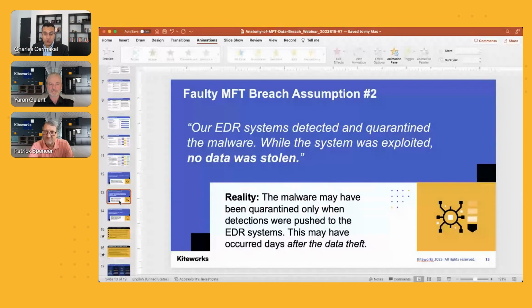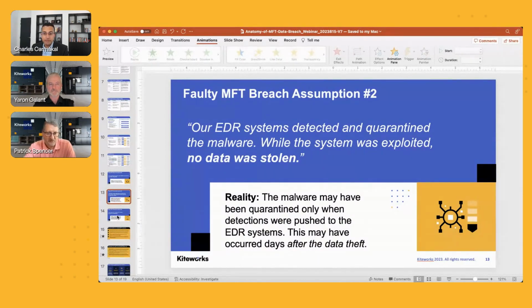Now, what I think they maybe misunderstood was that the web shell was essentially running for a few days, which allowed the threat actor to actually use the web shell or obtain credentials to access the tenant and then download all the data or as much of the data on the tenant that they possibly could download. And so there actually was impact, and there was a data breach, and there was exposure of data. And yes, the EDR solution did catch the web shells, but it caught it a few days after it was deployed, when the EDR providers ended up pushing out signatures to catch the web shells that were deployed.